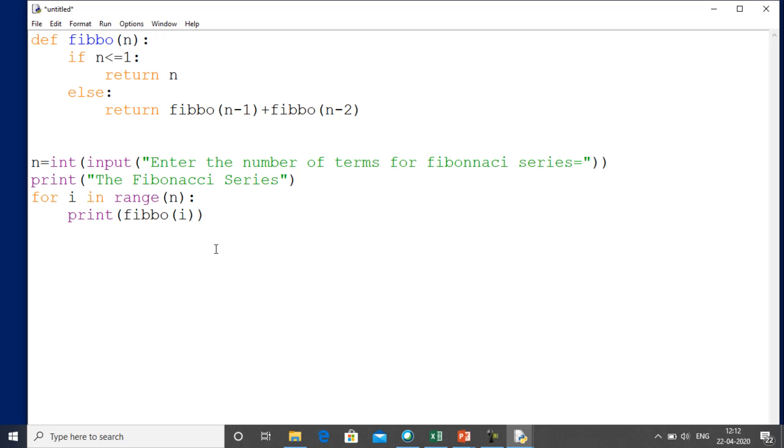Okay, so one by one each value is coming to I, and we are sending that value to the Fibonacci function. That function will use the concept of recursion to find the element at that position and then return it, and that element will be printed over here. Then it moves to the next, and the next element will be presented. Let me first run this code, and then I will explain how this code executes.